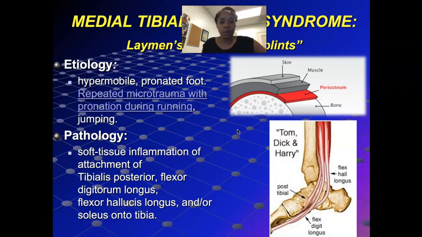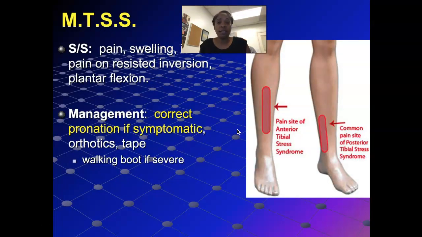Okay, and so then our next slide progresses to what are the signs and symptoms. What we know about patients with medial tibial stress syndrome is that the bulk of them present to us with pain in that lower 1/3 of the tibia. Now, go back a few slides. Where did I say the most common fractured site for the tibia was? You got it. It's right here, right? So it's a common site for medial tibial stress syndrome. Would it make sense that it's the common site for fractures? Absolutely, right? So they're going to have pain or tenderness to palpation most often in that lower 1/3 portion of